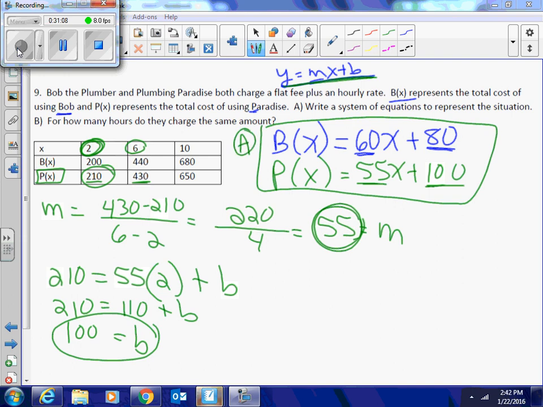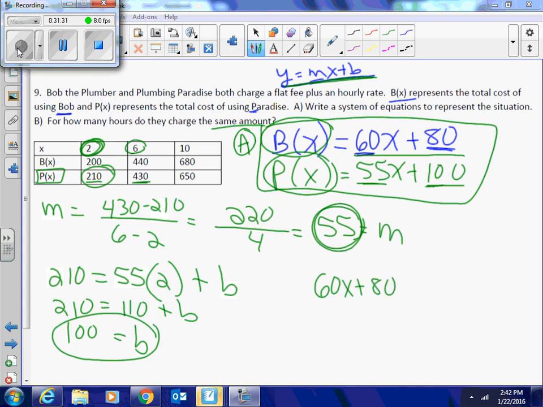Now to answer part B. After how many hours do they charge the same amount? Well, that's easy. That's when I want to find out, when does P of X equal B of X? I can use substitution, and in place of B of X, I can write 60X plus 80